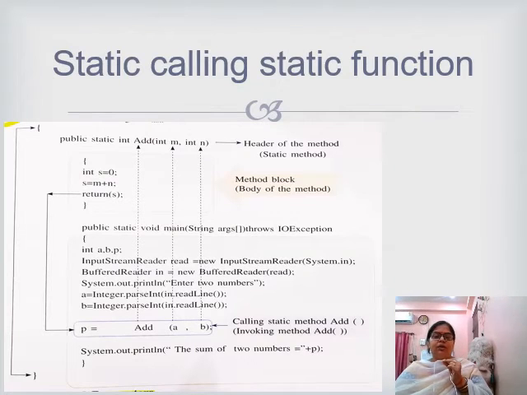Now we are going to take an example of a static function. See, we have written an example of a static function. Here we have to use static. In this, we are not going to create an object. We have not created any class object in this program.